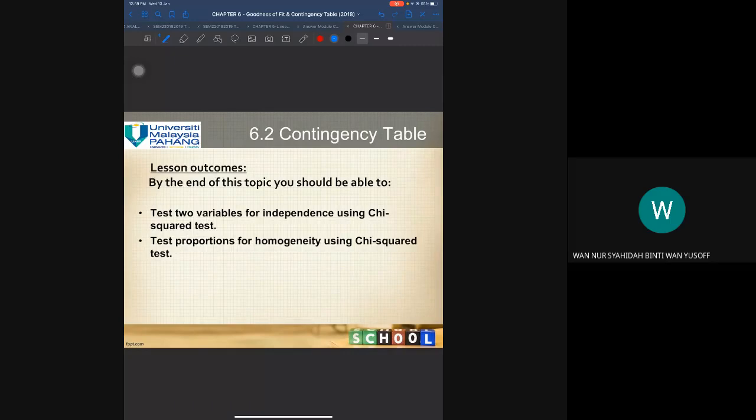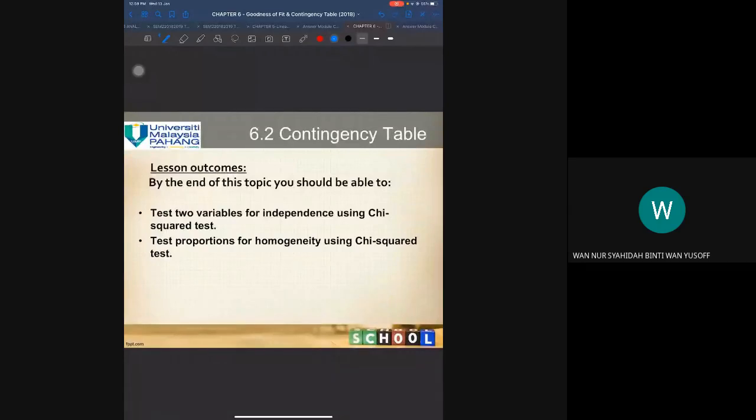There are two tests involved here: the test of independence and also the test of homogeneity. The independence is between the two variables. We try to determine whether the row variable is related or not to the column variable,